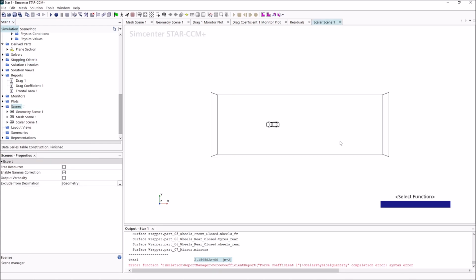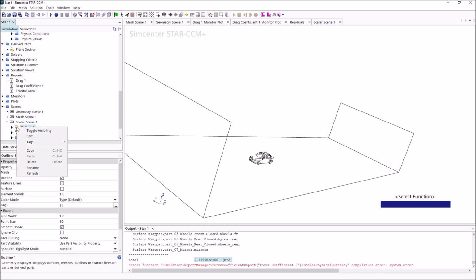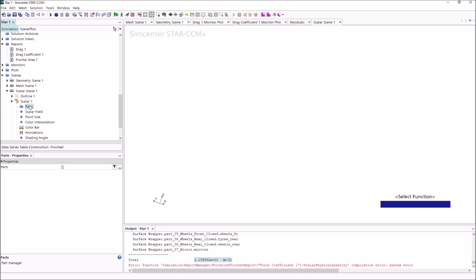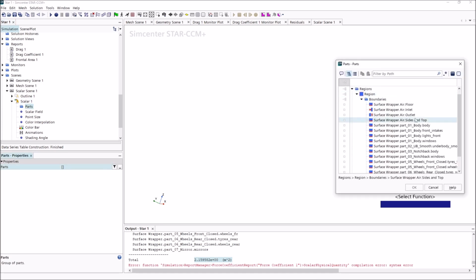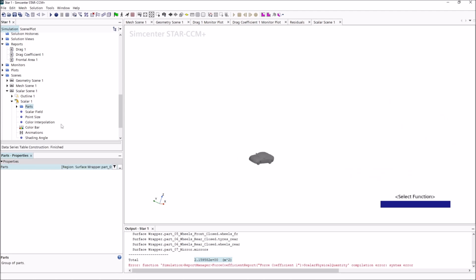We're going to open a new scalar scene so we can visualize things while the simulation is running. Toggle the visibility for that. You can choose how you want your contour style to be. So I'm going to go with smooth blended. You can choose if you want to display the mesh or not. Again, choose the parts. For me, it's all the parts for the car. If I just wanted to see just specifically the pressure of the wheels, for example, I could just select the wheels,